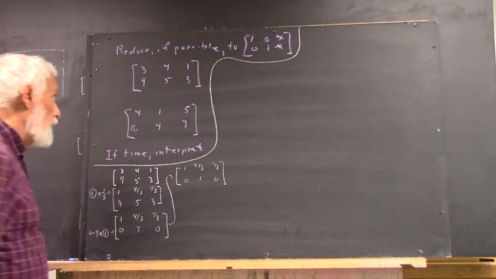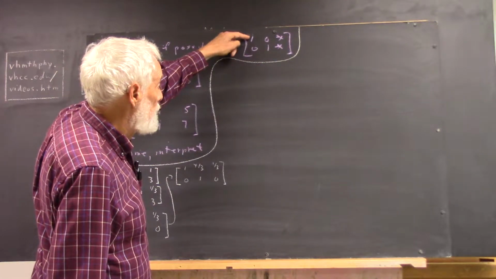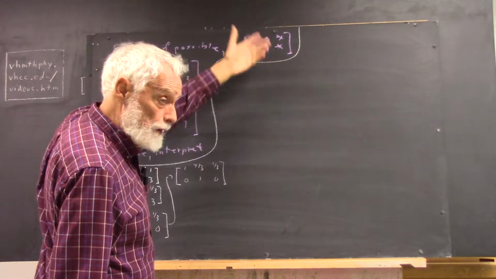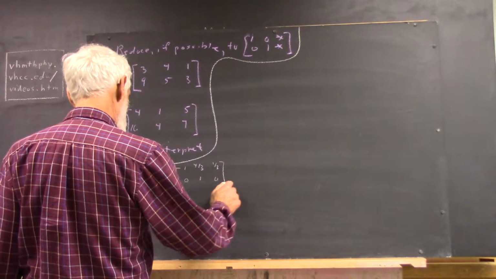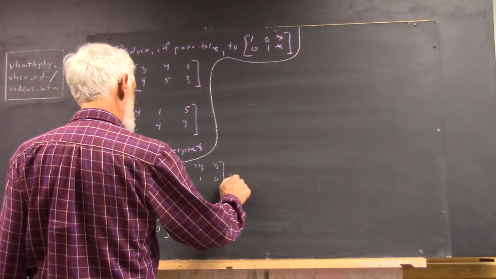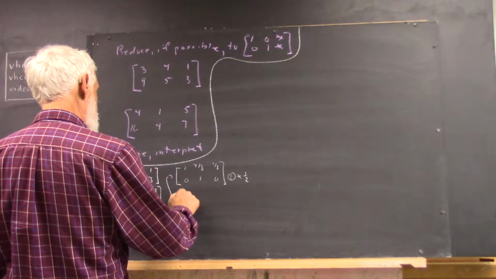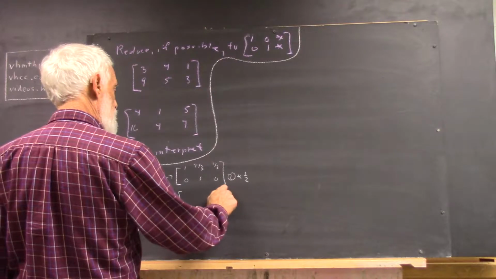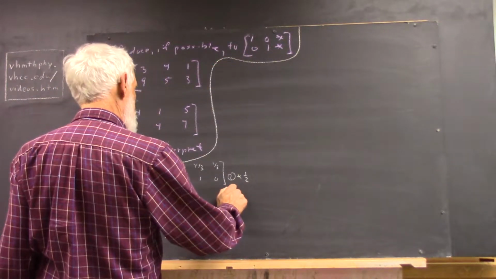Now, why did I do that? Well, I'm trying to get this. And I can get this by getting a 1 here and then a 0 here. And then I get a 1 here and a 0 here. I do it in that order as we've indicated. And I'll have to write this off to the right, but this is the second row times 1/2. And then in order to get a 0 here, which is what we're after, we do